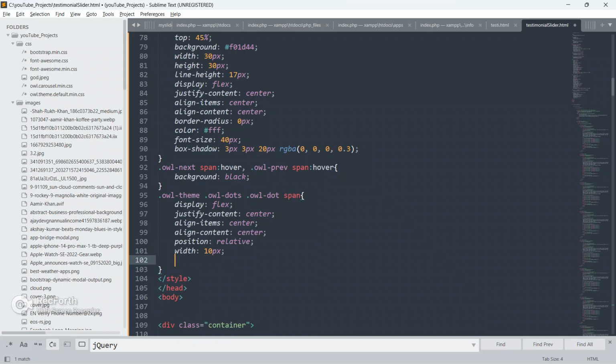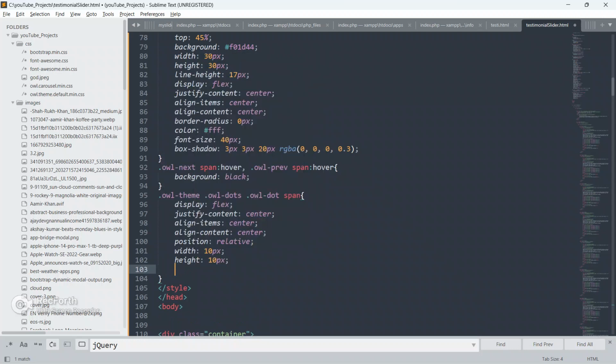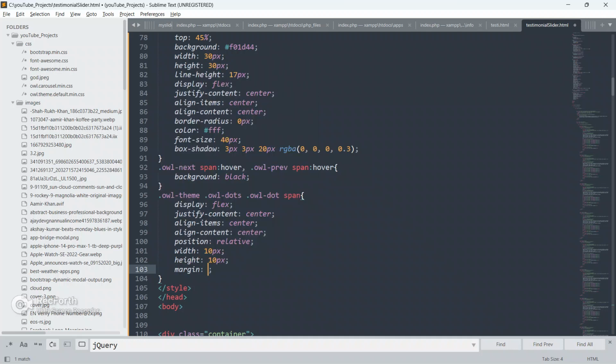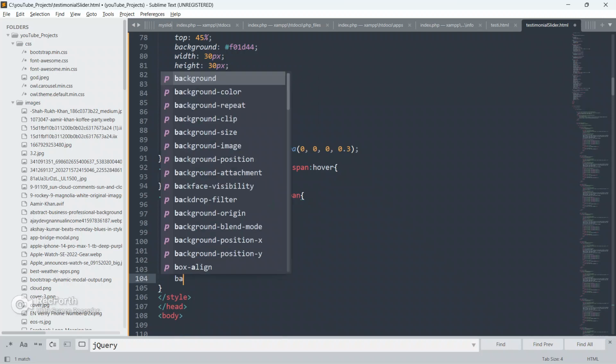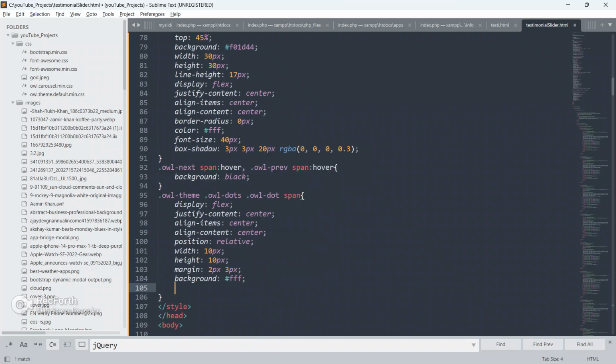Okay, give width 10px, give height also 10px, give margin as 2px and 3px, give background color as white,